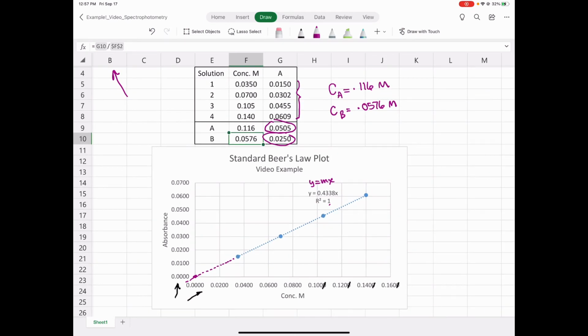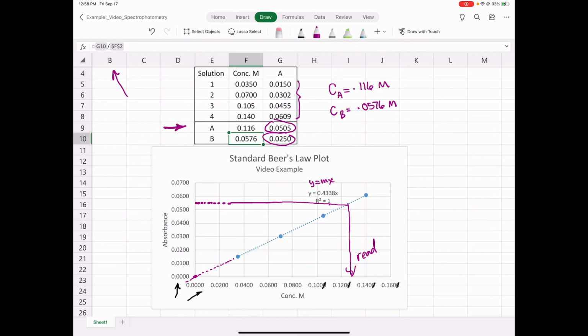When your absorbance for solution unknown A is 0.0505, it's sort of like right over here somewhere. So, I'm sorry, I was looking at the concentration. So absorbance is 0.0505, so it'd be like right over here. So notice that if you have an unknown absorbance of 0.0505, using the equation is the same thing as going to the line and reading this concentration. So this is what you read from the graph. Again, we don't read it, we use the equation, but the logic of it is good for you to know